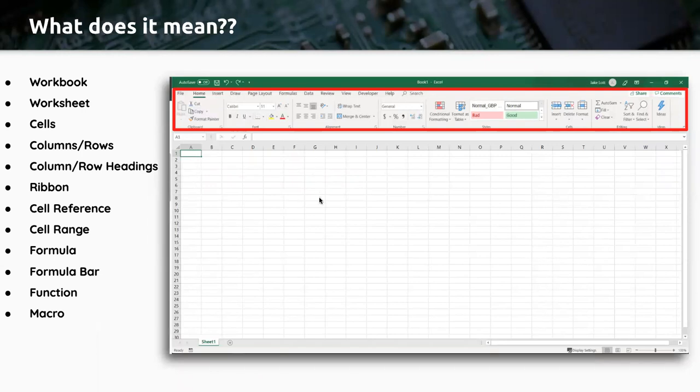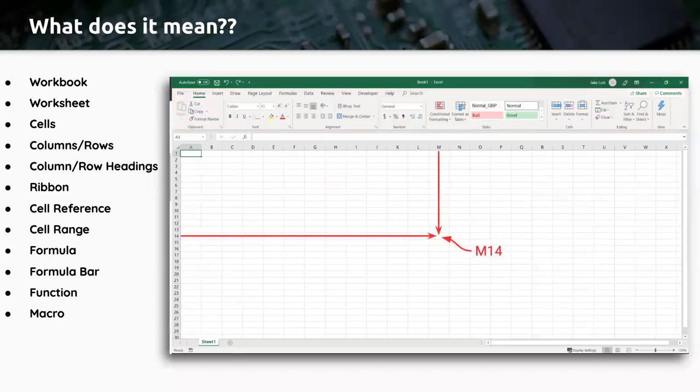Your cell reference is a particular cell, and that is the combination of a row and a column. And it's generally started with the column as the identifier, and then you follow the row, and that is your cell reference. So as we start either coding or just recording these macros and you're trying to look at what it's saying, these are the types of things that you're going to start to look for, is what cell it's referencing. So for this example, it's M14.